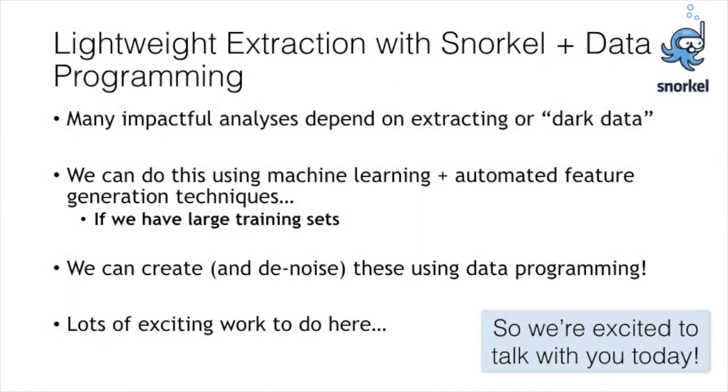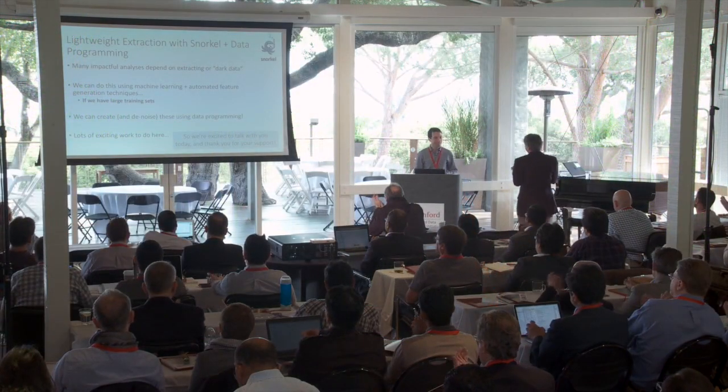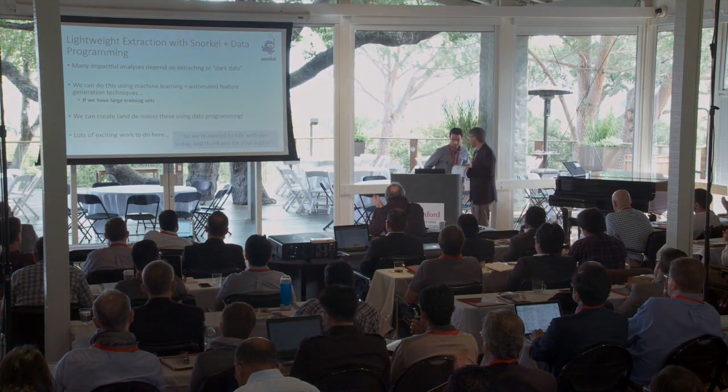So in summary, we have this set of problems we're very excited about: extracting dark data. We think we can do this with machine learning and automated feature generation techniques if we have large training sets, and we think we can create them using this approach of data programming. And there's lots of exciting work left to do here. So we are very excited to talk with you, and thank you for your support and your ideas and your data, which we love to steal. Kidding. Okay,